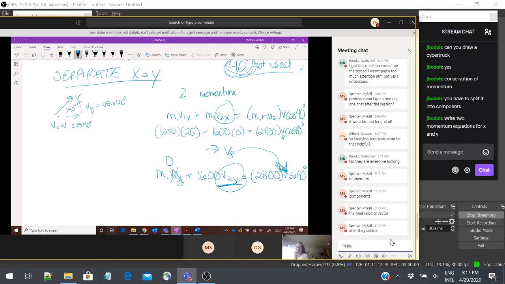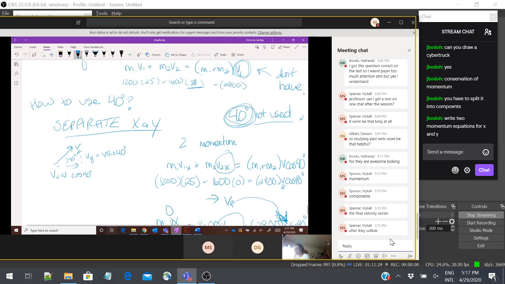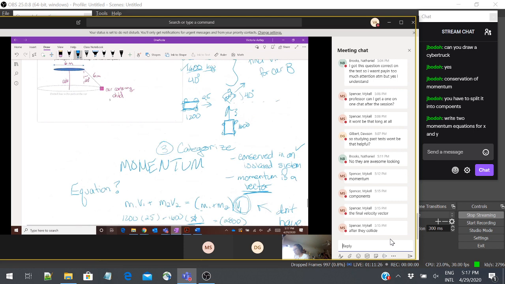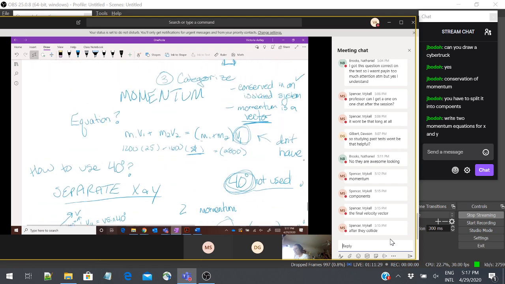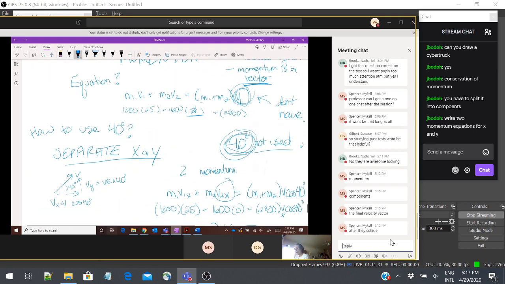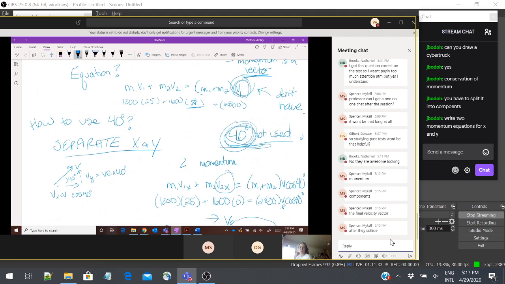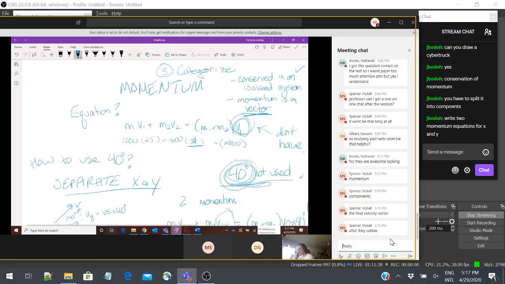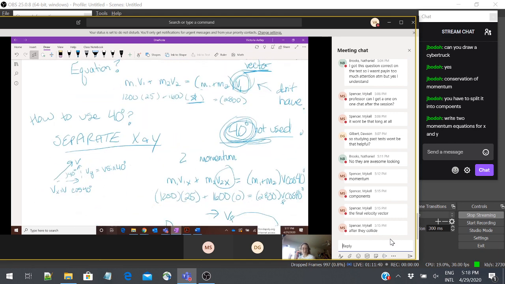So does this make sense in terms of, if I don't know what to do, what are some questions I can ask myself? Right. One of them was like, I drew a picture, I did momentum. Okay, I'm missing something and there's something I haven't used. How do I use this? Do I need it? Yes, because it makes sense physically that it would make a difference. And then I have to figure out a way to use it. It helps you get rid of the red herrings, and anything that's not a red herring, you've got to use.